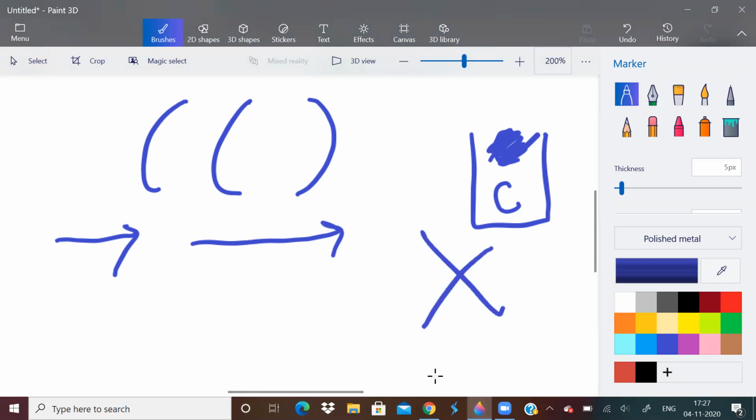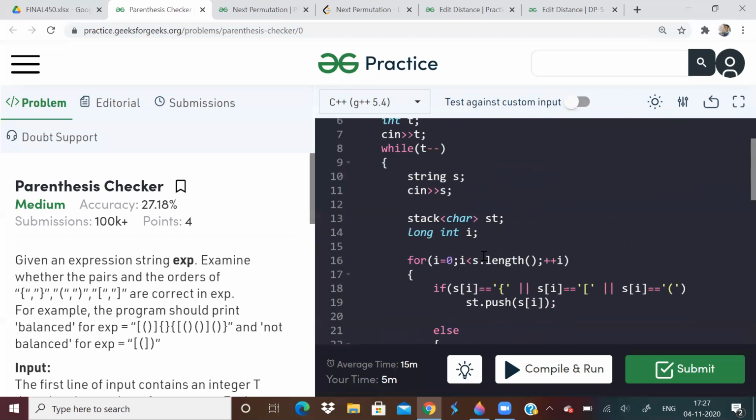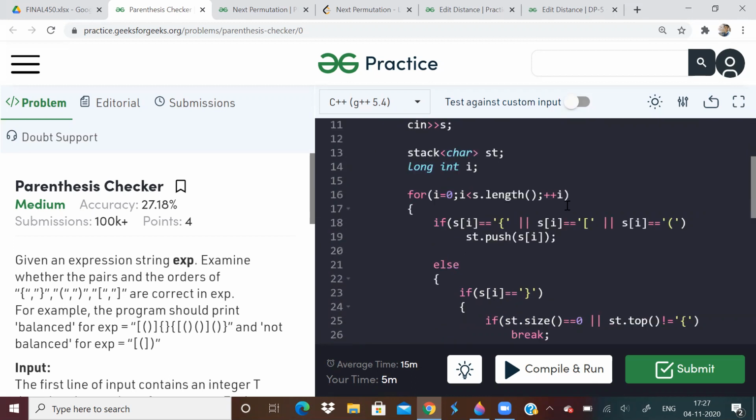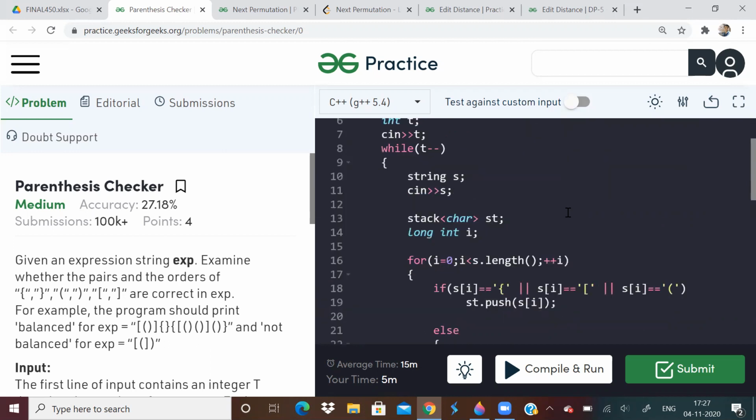That is why we have to check that we have traversed the entire string and the size of the stack at the end is 0. Then only it is balanced. Otherwise, it is not balanced. It is a simple stack problem. Everybody who has done basic programming will already know how to do this. If there is any confusion, you can look at the code. I am 100% sure you will understand by looking at the code itself. If you are just beginning programming, then it will be a little difficult.